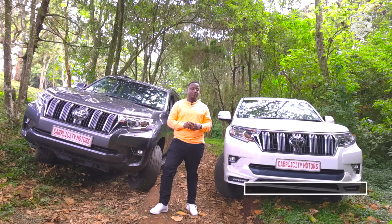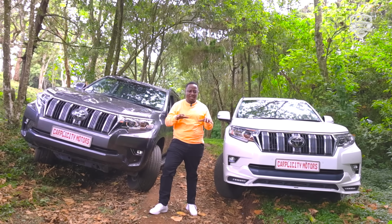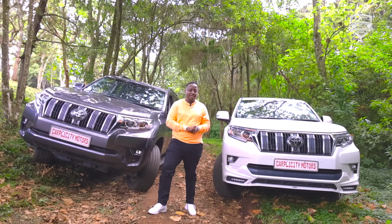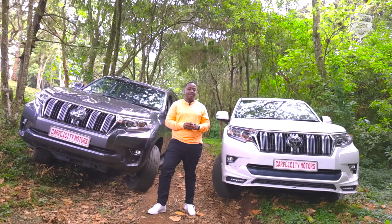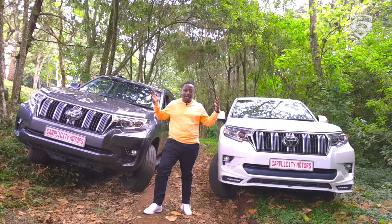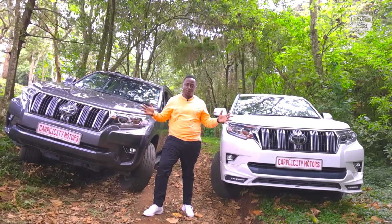They are both of the same year of manufacture, and we are having this review to try and see the differences between these two cars and if these differences actually are a basis to the cost differences of these two SUVs. And we are doing this because AutoConnect is the only car channel that will guarantee you an alluring motor